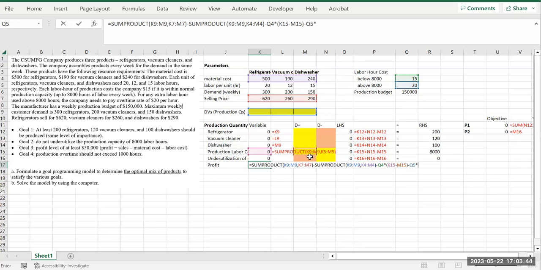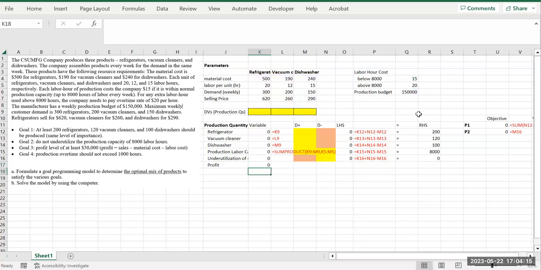So that would be D plus for production labor capacity. All right. So Q4 15 times the actual amount of production, as long as it's below 8,000. But in order to make sure that it doesn't go above 8,000, the actual production capacity minus D plus, and then D plus itself, that would measure the amount that we're going over 8,000, multiplied by 20. All right, so that would be